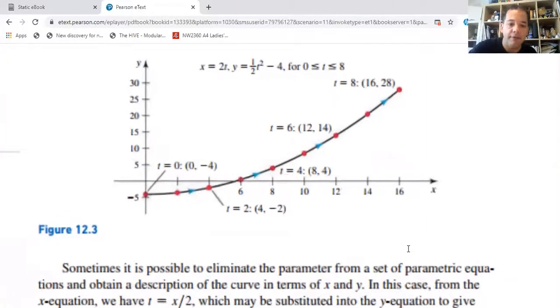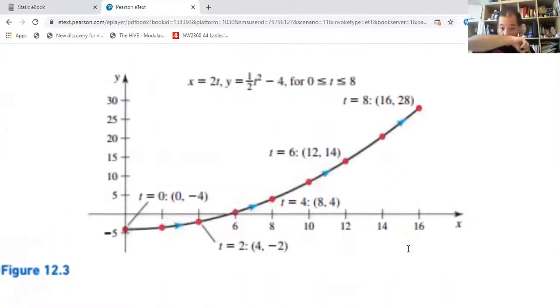Now, sometimes, like in this case, we can eliminate the parameter to figure out what kind of equation we have. So this curve over here, what is that? What curve is this? In this case, it is possible to eliminate the parameter, but that's not always the case. Sometimes we can eliminate the parameter, and the way to do it is to solve for the parameter and plug it in so that you eliminate it. I'll show it to you with this particular example. Here's how we can eliminate the parameter.